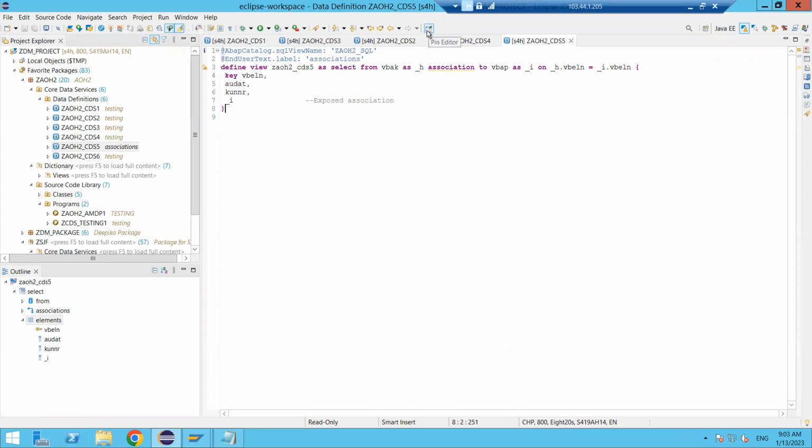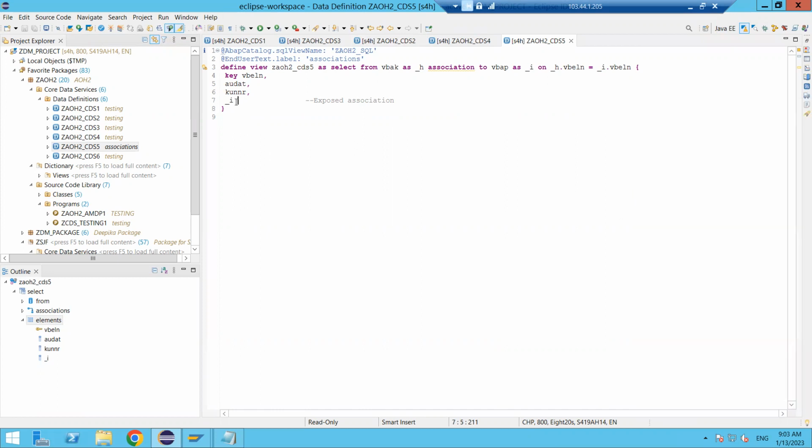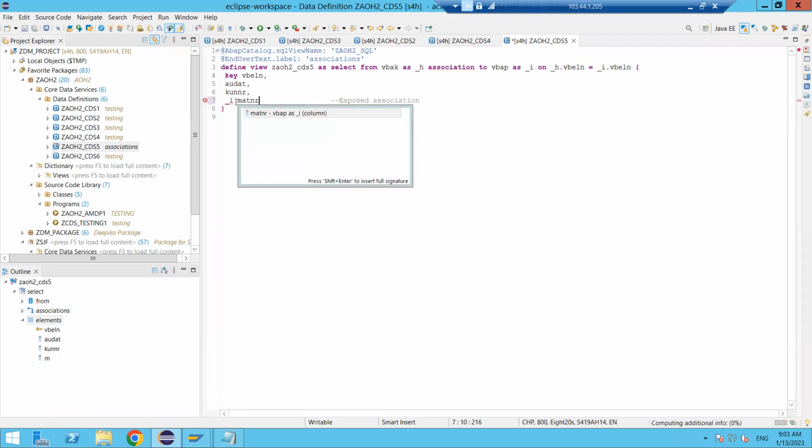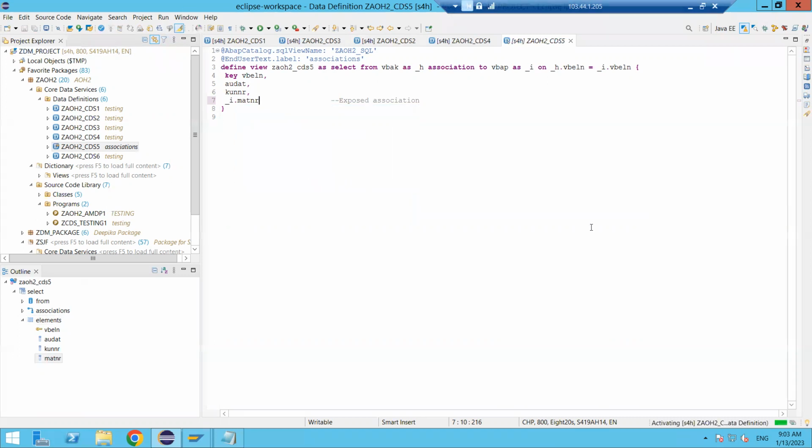Now, I want to apply an inner join instead of the left outer join. We already saw this one, so one more time. Right click on the open place and click on show SQL create statement. Then, okay, I got it, activate it. Now we can see